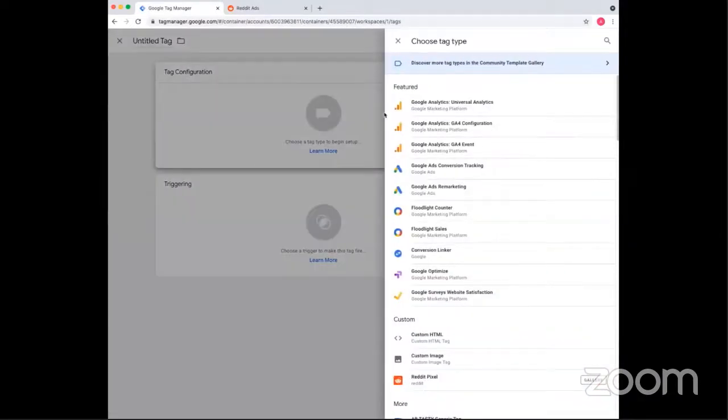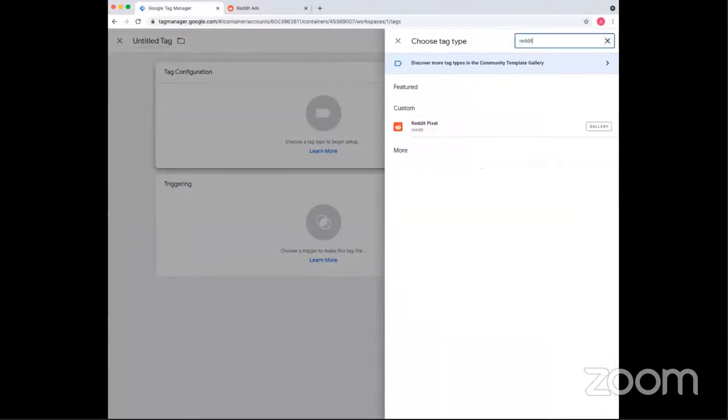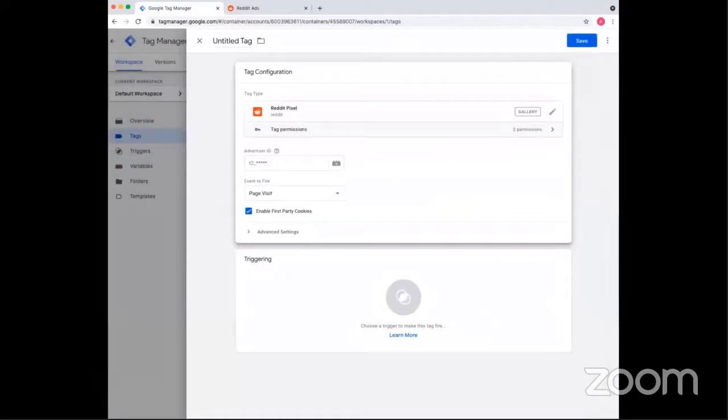and here you can search for the Reddit Pixel template that you just installed. You'll probably also see it here, but in case you have a lot, you can search for it like this, select it, and now you'll see it pop up with some necessary fields as part of the template. The first thing you'll see here is this advertiser ID field. This is where you need to fill in your advertiser ID, and note that it will always start with this